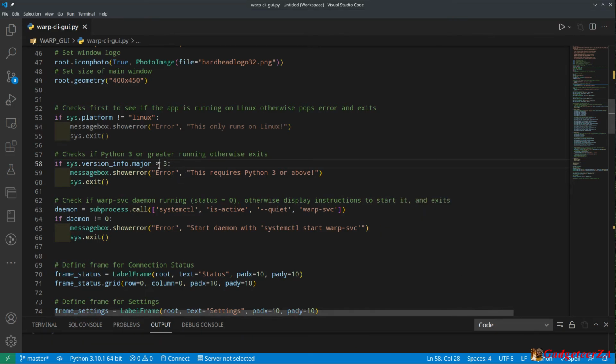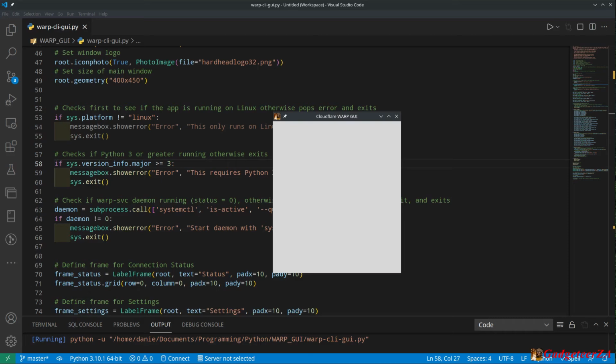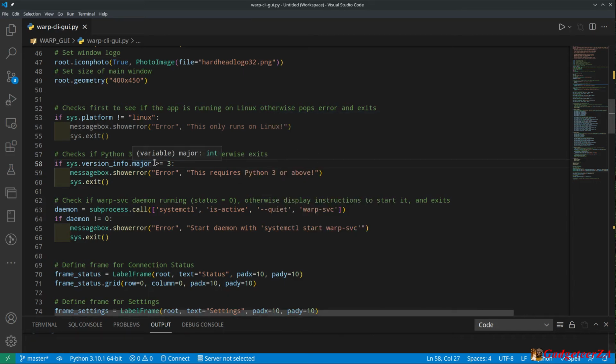So I've reversed this now, and you can see what happens if you had, for example, Python 2 or something. Oh, the other window has just appeared off screen, unfortunately, but essentially it throws up, this requires Python 3 or above. So let me just put that back.